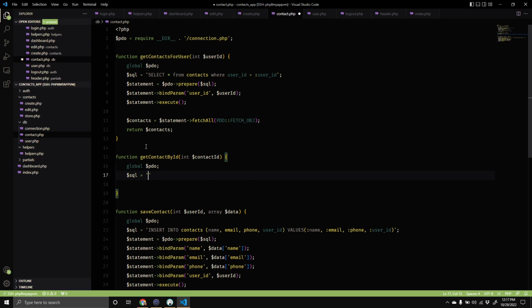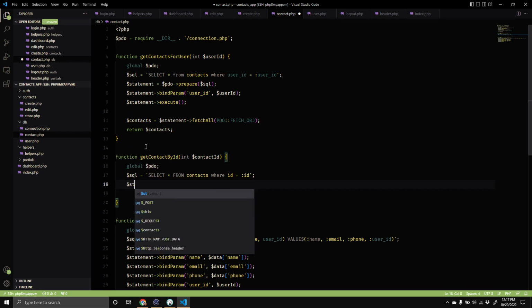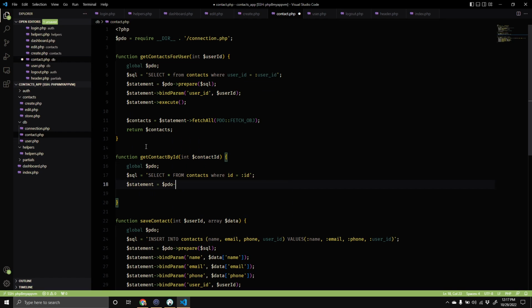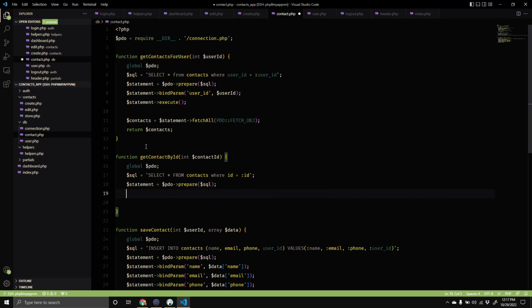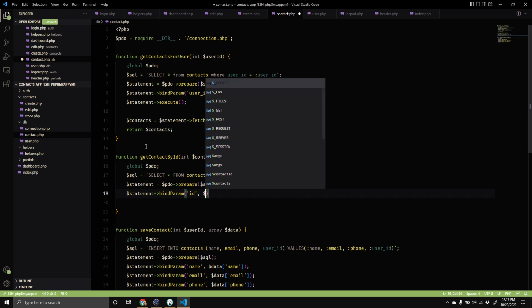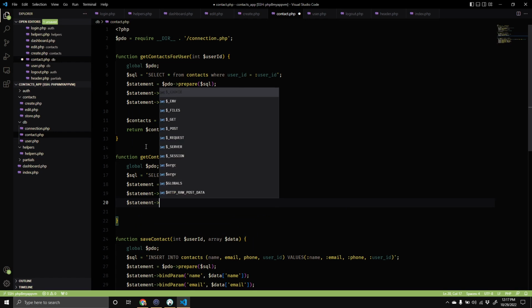SQL is going to be select static from context where ID is equals to ID, and let's create a statement. Statement is equals to video prepare, and we're going to pass the SQL through, and we'll say statement find param, and then we'll find ID to the context ID that we passed in, then we'll say statement execute,